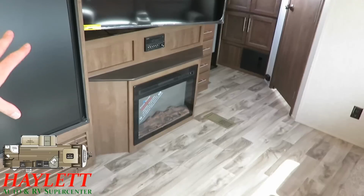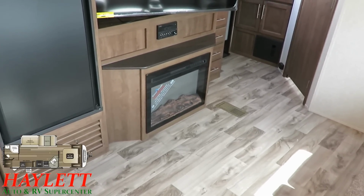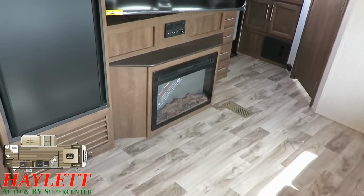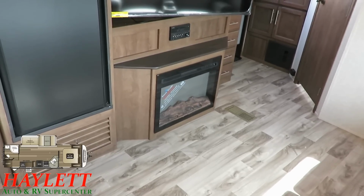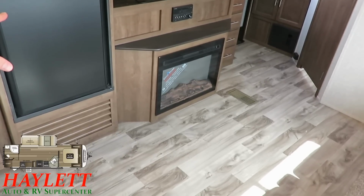Now, down here behind the fireplace, you're thinking, if there's all that storage behind the TV, why don't I get that storage below? Well, the answer is because there's a miniature outside kitchen out there. So instead of having to do the cabinet crawl, where you get on your hands and knees,